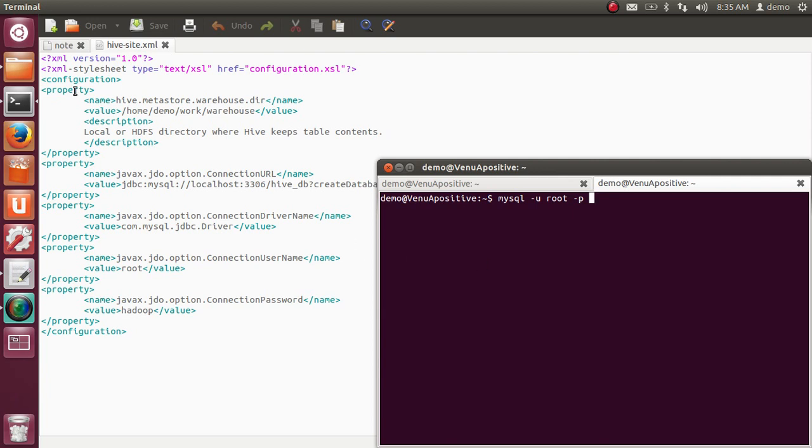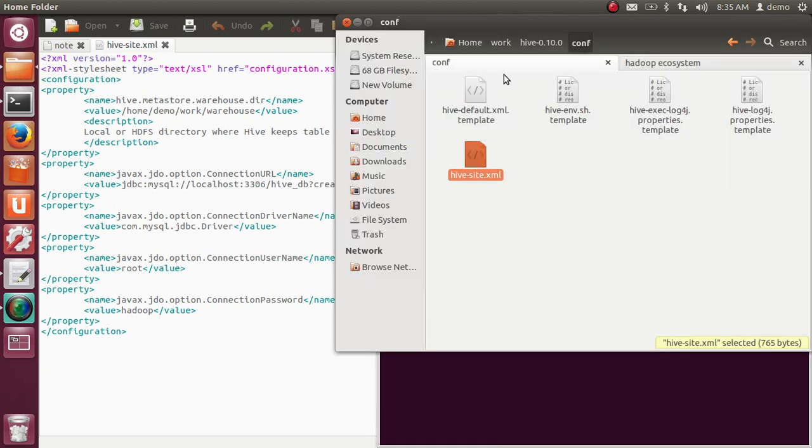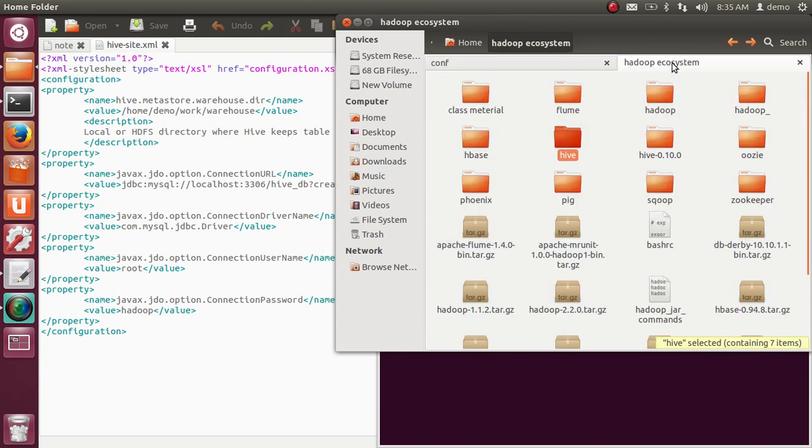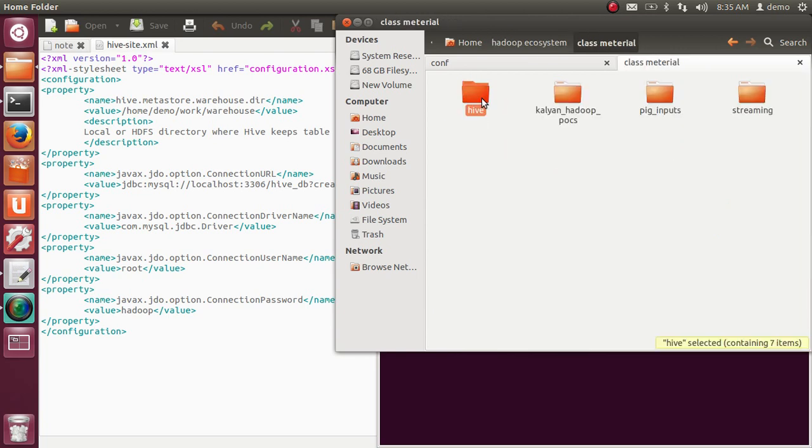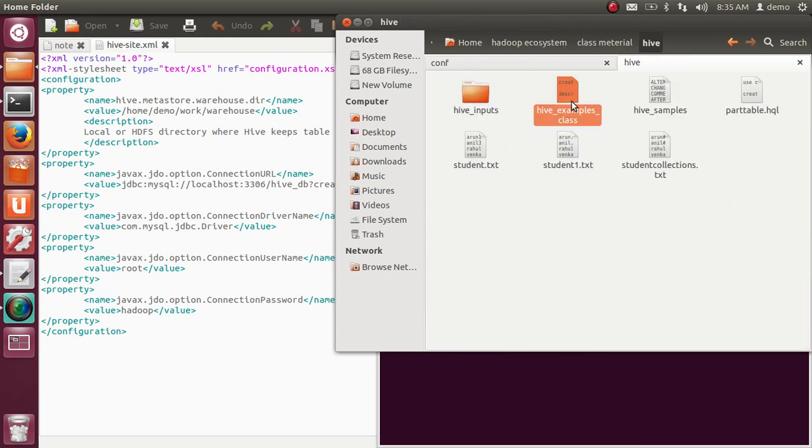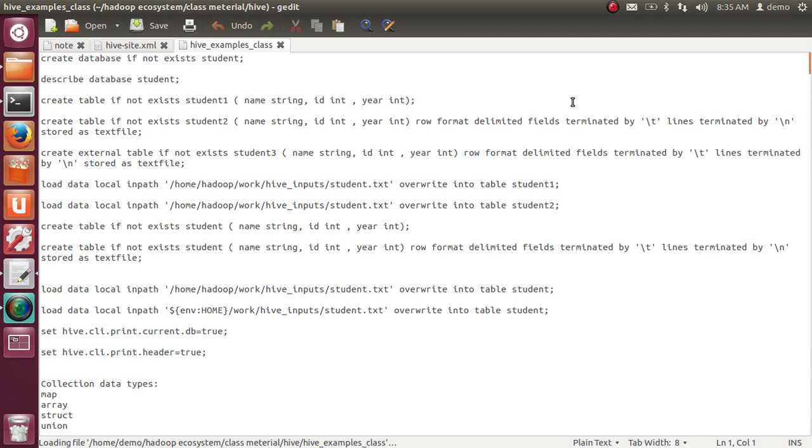Basically, I will give a documentation for you. For example this one. Create if not exist, it is everything in Hive only. One second.